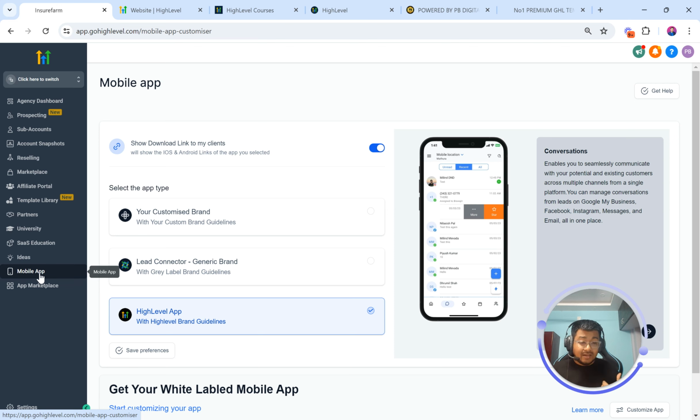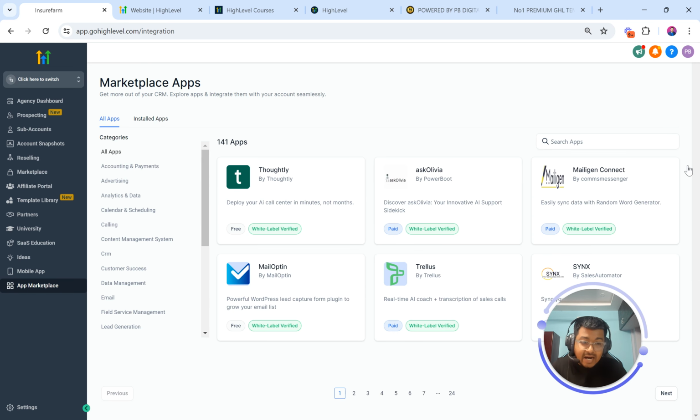These people carry their phone and they can use this app to do a lot of things. Then you have something called the app marketplace, which is pretty fantastic, and I'm going to give you a complete rundown of that as well. Okay, so this is the Go High Level app marketplace, where you can see a lot of developers working